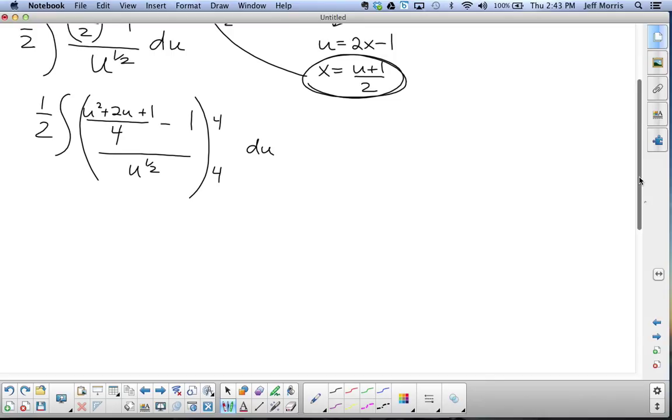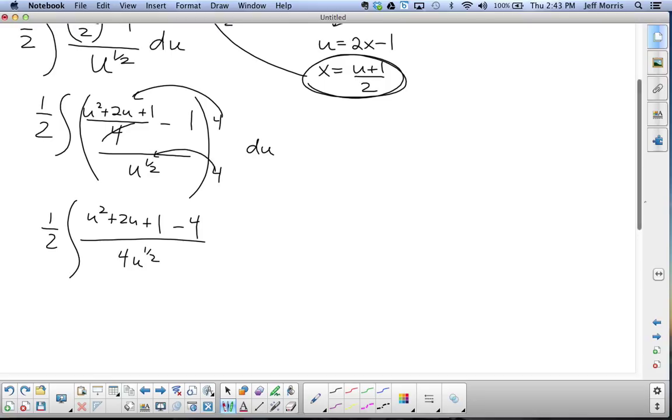And by the way, this is the second time I've done this problem. So 1/2 times the integral, distribute the 4, u squared plus 2u plus 1, because those 4's cancel, then minus 4. And the part I didn't do before is I forgot to distribute the 4 here. So it's 4u to the 1/2. Don't forget your du behind it. This integral will now simplify to 1/2 times the indefinite integral of u squared plus 2u minus 3 over 4u to the 1/2